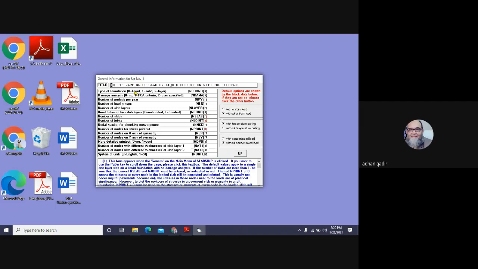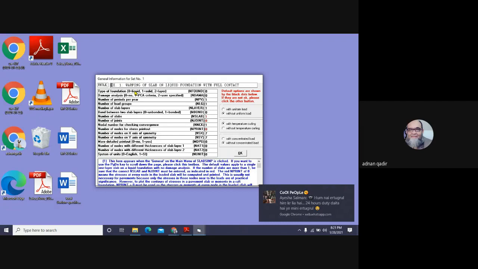We are not doing any damage analysis. In other words, we are not calculating the design life of the pavement. That's why we are taking damage analysis as 0. Number of periods is 1, and there is a load group. Remember, load group doesn't mean that it should be a wheel load, but we say load group 1 because there is a temperature loading, right?